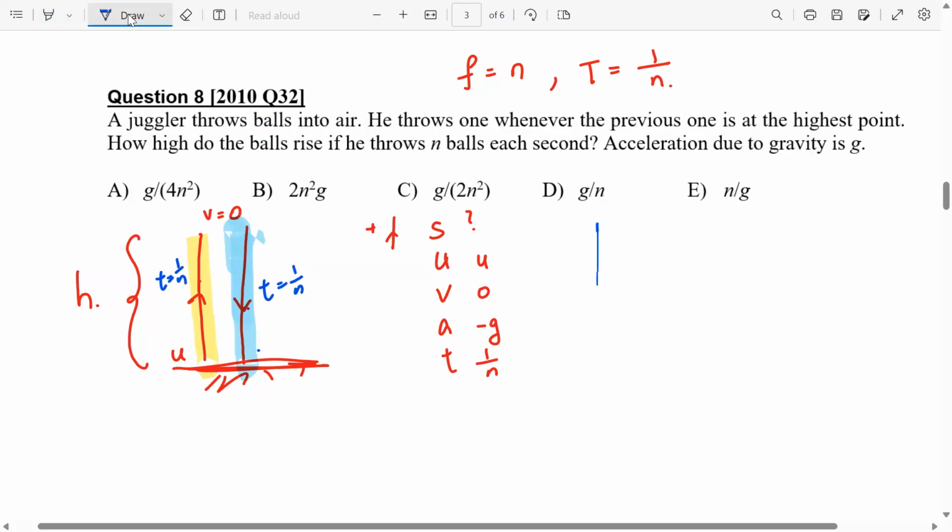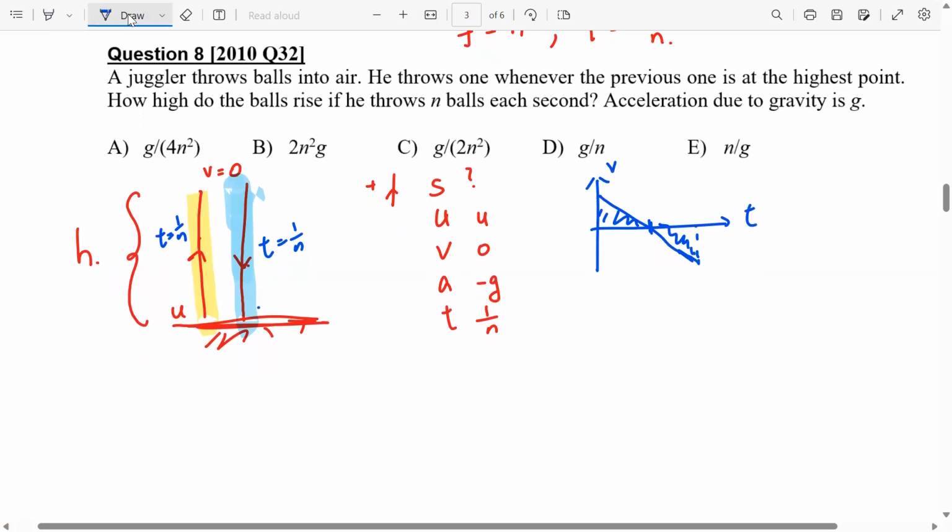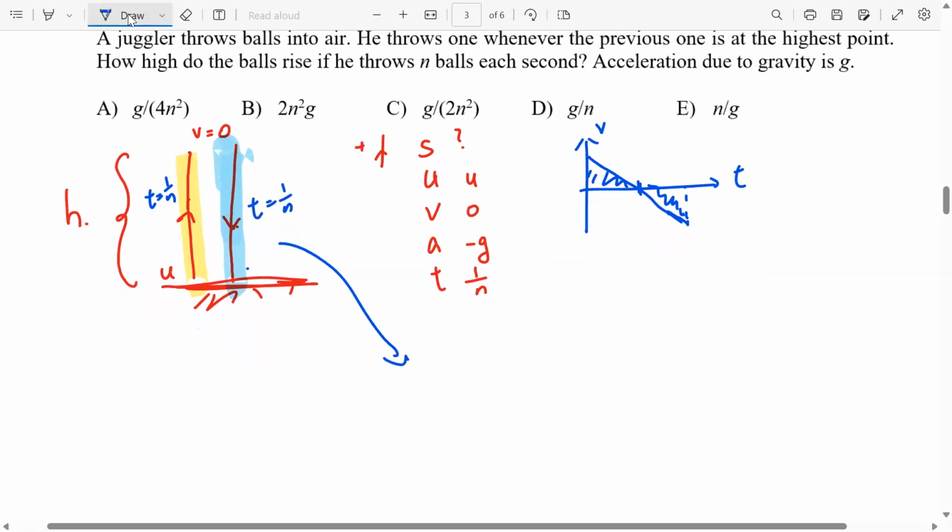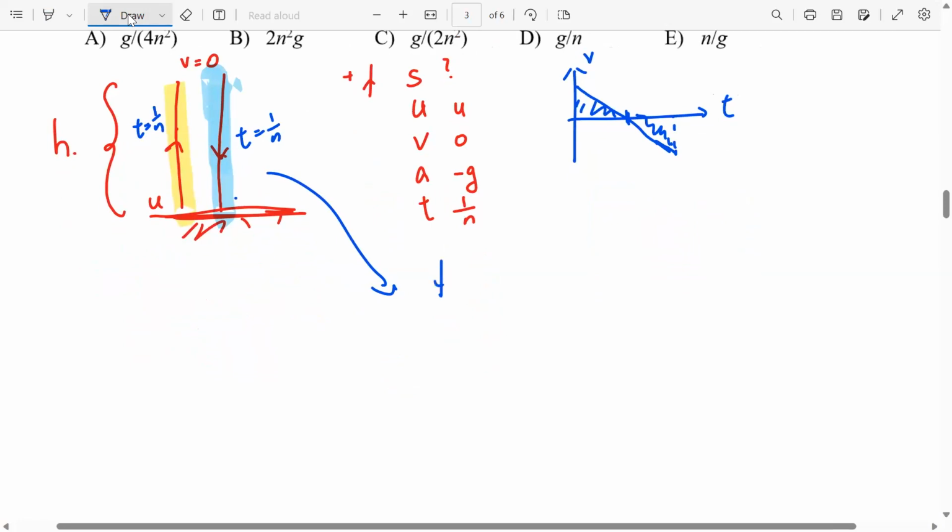If you draw the VT graph based on O-levels understanding, assuming there is no air resistance, we are going to get this very straight line, and the area here will be equal to this area here when it comes down. This is the highest point. Okay, so by playing with this, now we can see that if we go by the downwards component, we also need to find a height. Now, if we take downwards positive also,